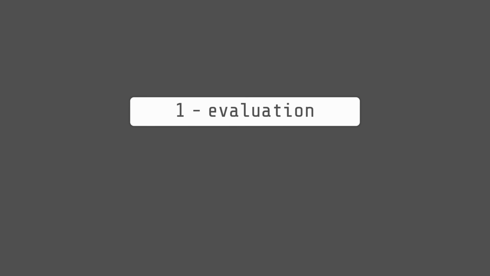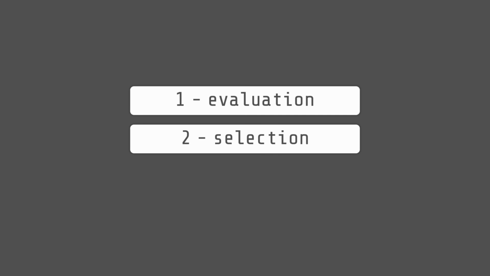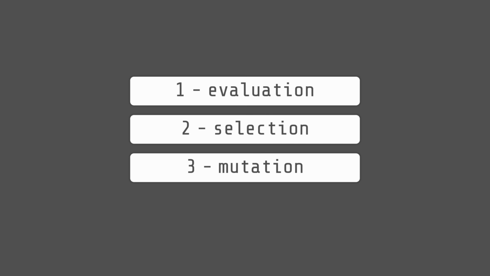The training consists of 3 stages: the evaluation, the selection, and the mutation. During the evaluation phase, agents perform tasks and get a score that reflects their performance. This step was way trickier than expected. My initial approach was to generate a random set of points in a square map. Then, the agent has to reach them one by one to get as many points as possible in a limited